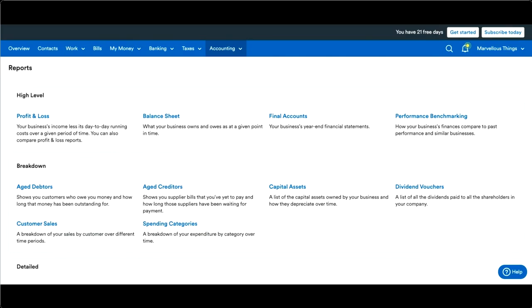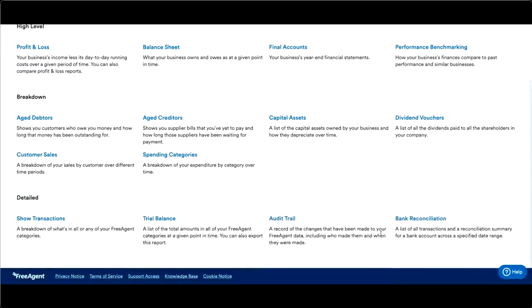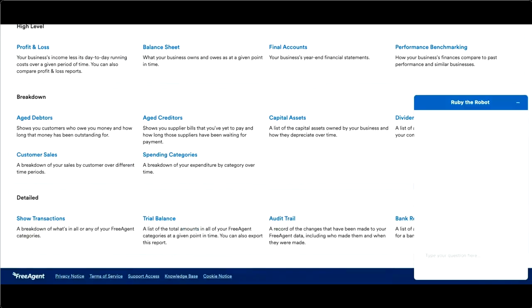If you run into issues or have any specific question about FreeAgent functionality, just click the Help button available at the bottom right corner. And Ruby the robot will either suggest some answers from our knowledge base or pass you on to